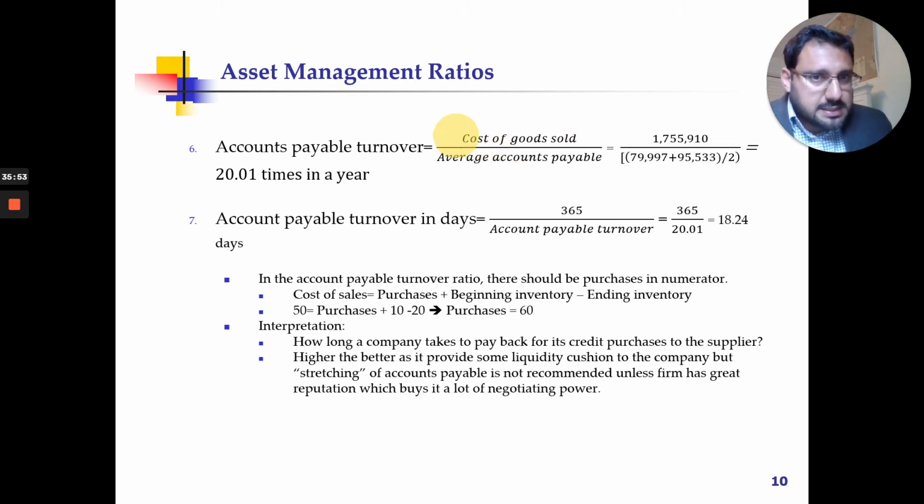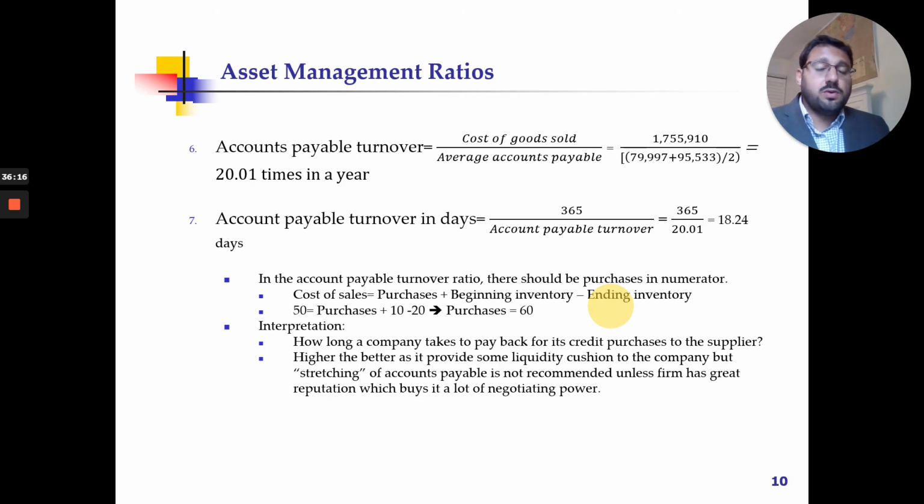Again, it should be purchases, but many analysts, and even when analysts are calculating the industry ratios, they use the cost of goods sold. So it's fine if you use the cost of goods sold, but if you want to find the purchases exactly, then this is the formula: cost of goods sold is equal to the purchases plus beginning inventory minus